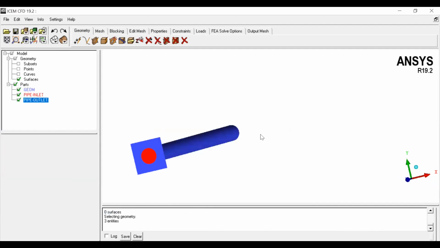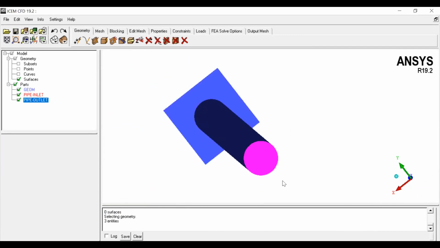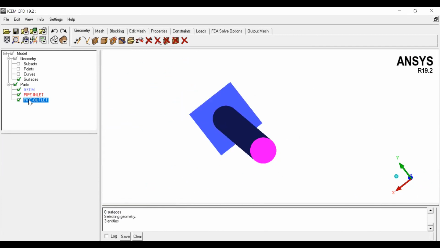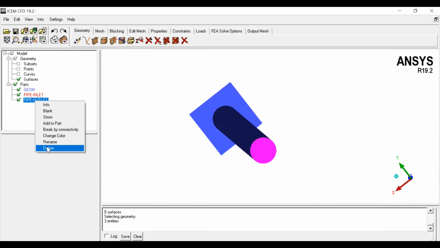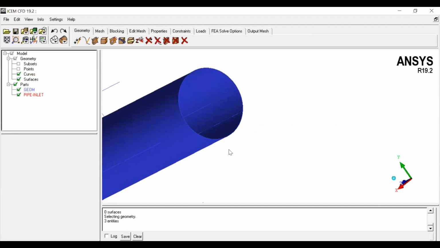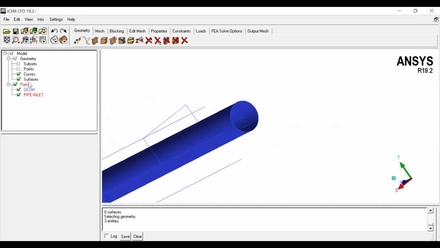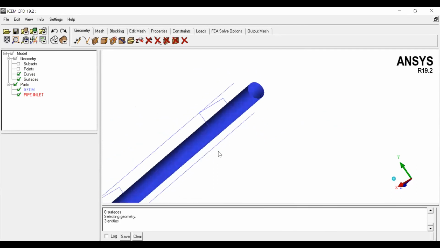Because of outlet, there is a problem. We have to cross verify. Let me delete this outlet. For that, you just right click on it and there is a delete option. Delete. Okay.